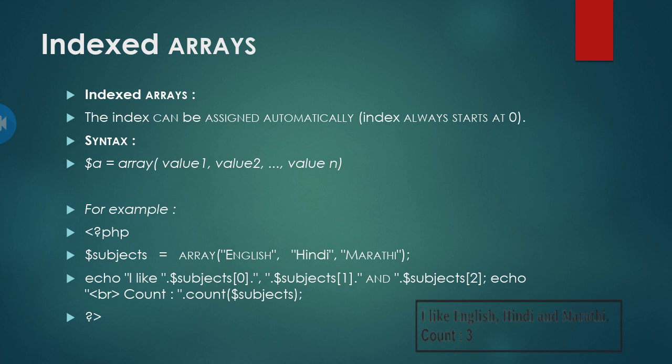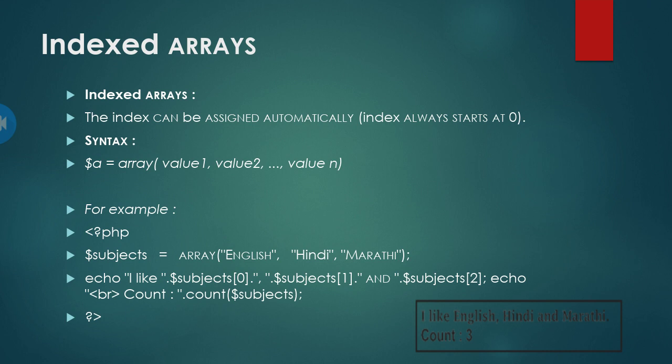Echo means whatever message we want to print. We want to print a message like "I like", which will be the message that is printed. Then after that you give the values, whatever you like. So you want to print the values of subjects, which is the name of the array. In the previous line you can check, I have written subjects. So subjects is the name of the array.